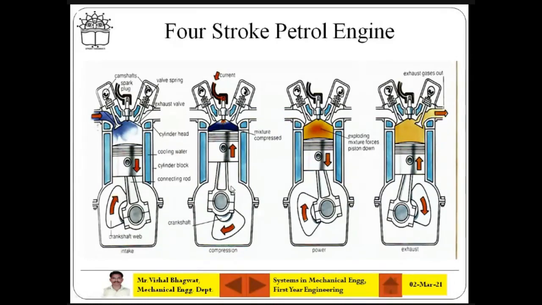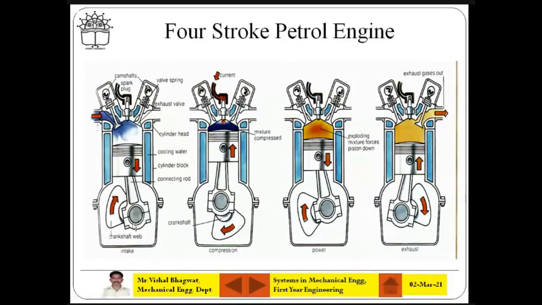If somebody is talking about a 2-stroke engine, what will it be? Very simple answer you can give. 2 times up and down. Correct. That means two movements of the piston: 1 time it goes up, 1 time it goes down. So for 1 cyclic operation, it will have 2 movements of the piston, up, down, over, up, down, over. This way cycles are happening. Here 1 cycle completes in 4 strokes of the piston, so that's why 4-stroke, up, down, up, down.